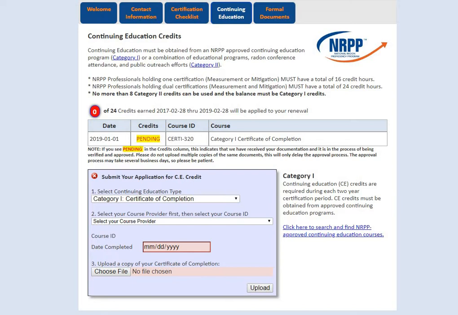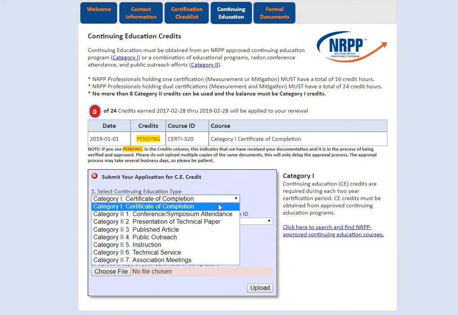You will then see a box where you can choose all of the course information from the drop-down menus. The first one is selecting Continuing Education Type. Click the drop-down arrow and choose either Category 1. This will be selected if the certificate was obtained by taking an NRPP-approved continuing education course,